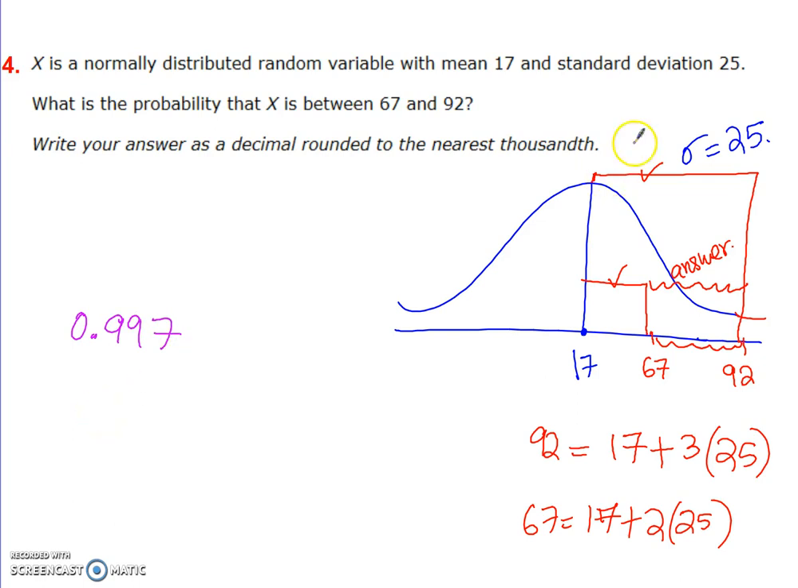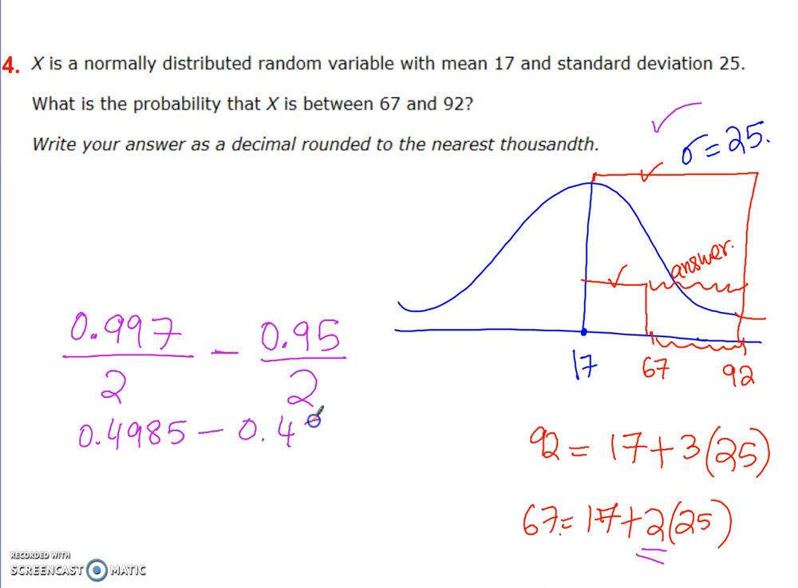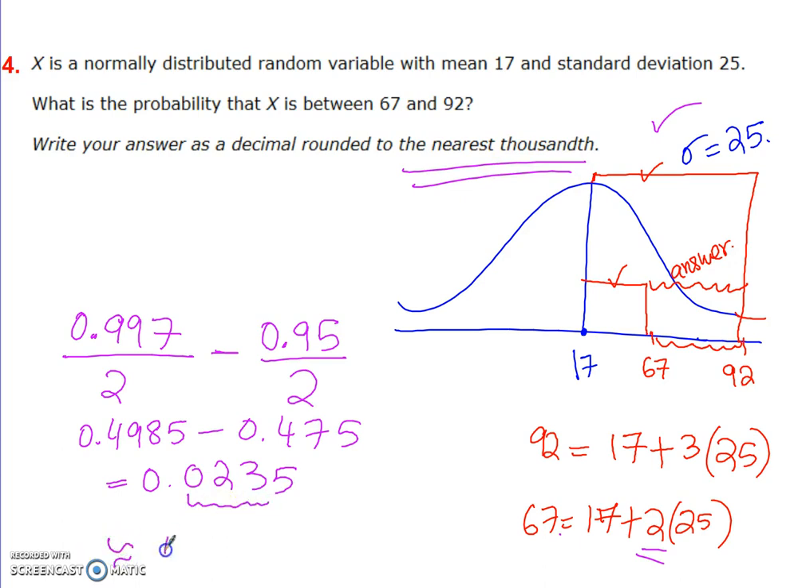But since we're only talking about this half of the curve, we have to divide it by 2. Minus, since 67 is twice the standard deviation away from the mean, we have to take the number for twice, which is 0.95, and since it's just half the curve, we divide it by 2. So we get our decimals as 0.4985 minus 0.475. Answer is 0.0235, but we have to round to the nearest thousandth, so we only need 3 digits. So when we round it, we get